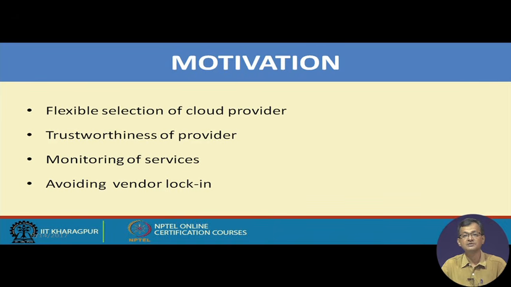Now, if the provider is not giving the service up to the mark, or the CSP does not provide the service, then going to another vendor is difficult. And it is not only that, the customer has to go by the terms and conditions of the provider. So, vendor lock-in is also an important aspect which we need to look into. There may be several other motivations, but at the end of the day, I need a mechanism or a broker to find the best possible cloud provider.